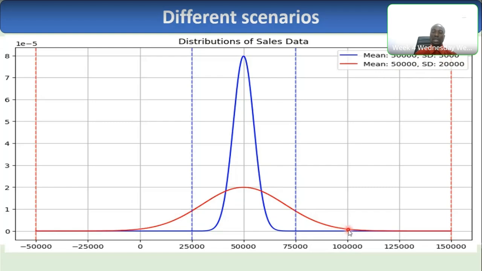We have customers willing to pay above 75,000. You can see from here to here are customers who are willing to pay above 75,000. And even from here, we have customers who are willing to pay below 25,000. In fact, we have customers who are willing to buy some of our products for like